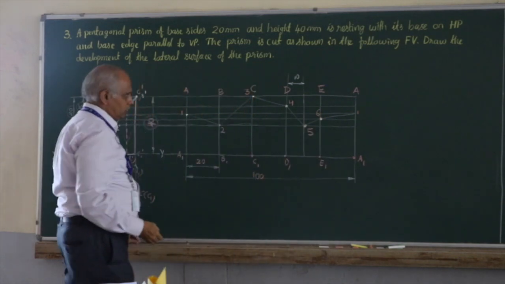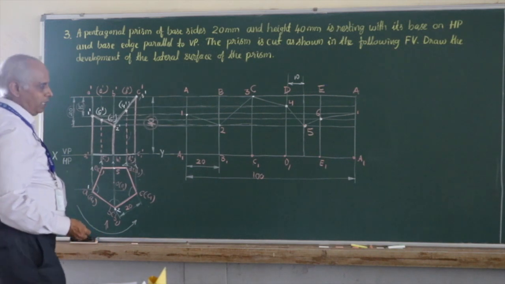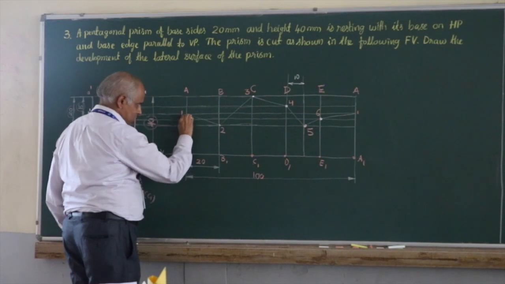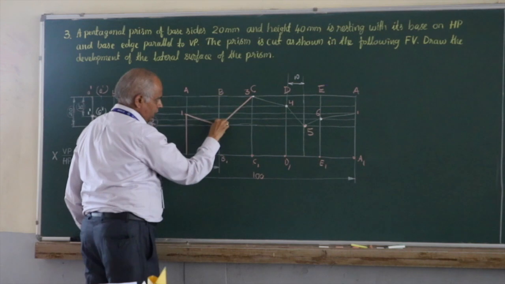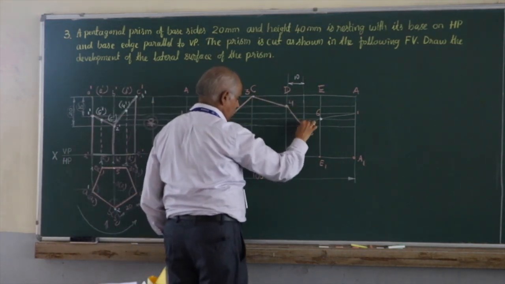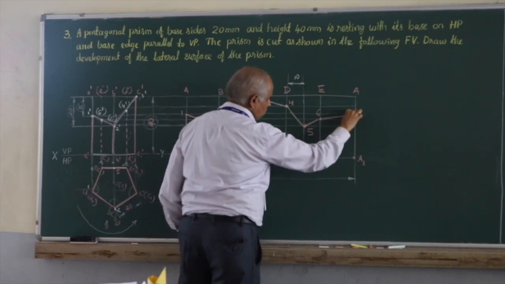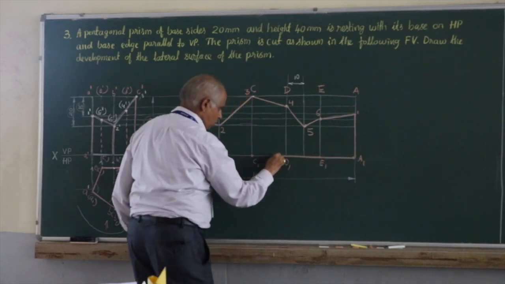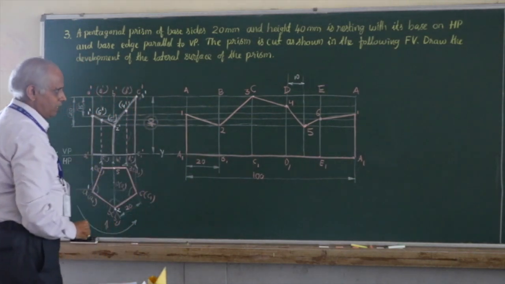That's how you are able to complete the location of section points on the development. Take the boundary A1 to 1, 1 to 2, 2 to 3, 3 to 4, 4 to 5, 5 to 6, and 6 to 1, 1 to A, concentrated on the boundary. Also the base pentagon, A1 to B1 to C1 to D1 to E1 to A1.